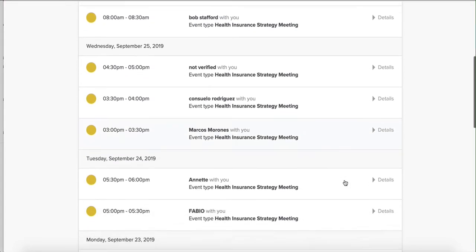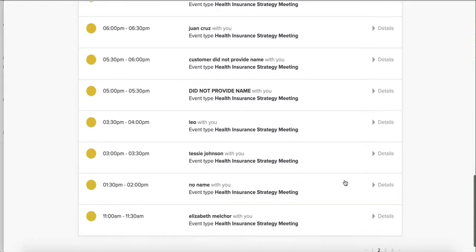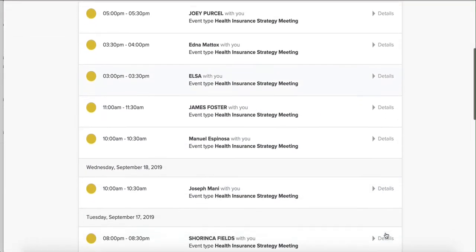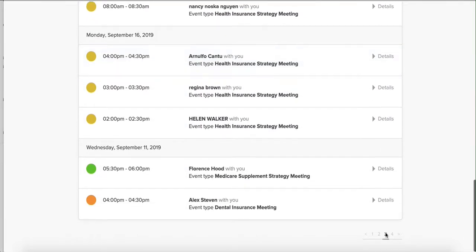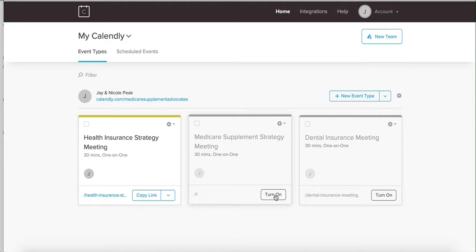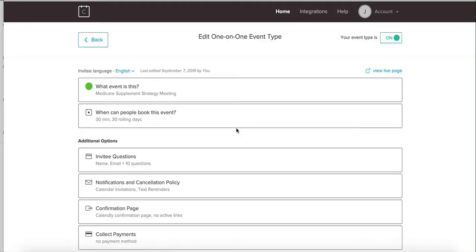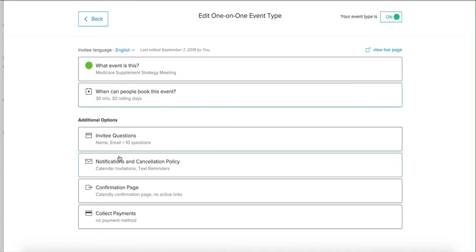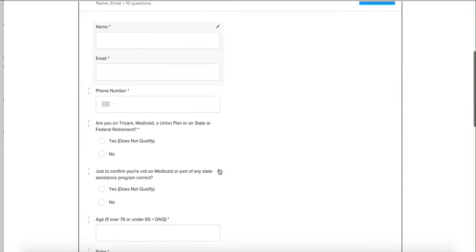And there you go. These are all different appointments that we have off this link. I'm not going to keep going, but you can see how many there are. It's a lot. If we come over here to this, let me just turn this on, and I'll show you. So we set up this Calendly link to capture their information, and some of the questions that we ask are